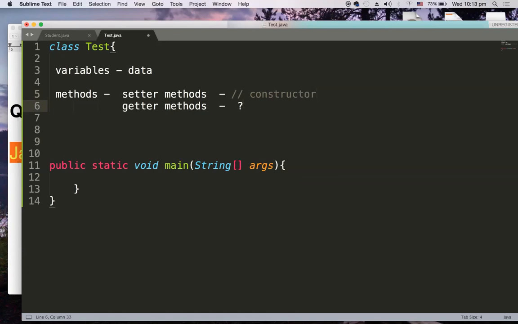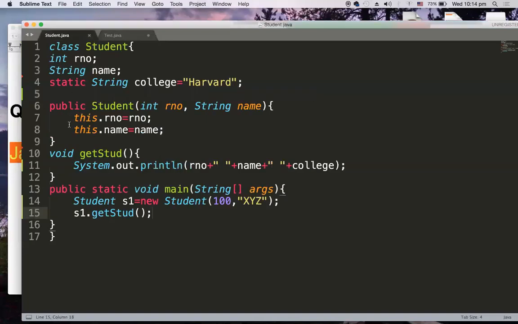Now, how to eliminate a getter method? Can we eliminate a getter method also, like how we eliminate a setter method? Once again, I am repeating. We have a setter method just like set student. Let me go to this student class. I have a get student to get the values of roll number, name and college. These are my data members. In the same fashion, I can have a set student method to set these values. Of course, one value is static, so you need not set that, and the other two values, roll number and name, have to be set.